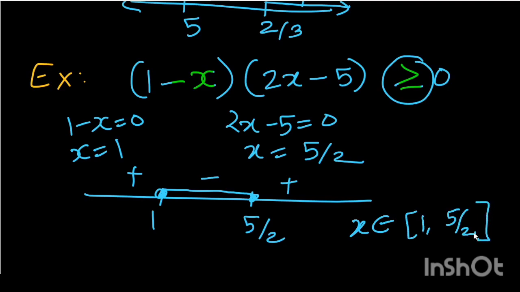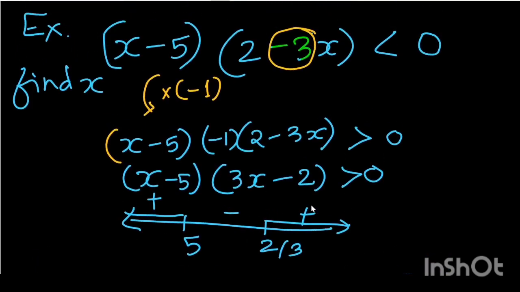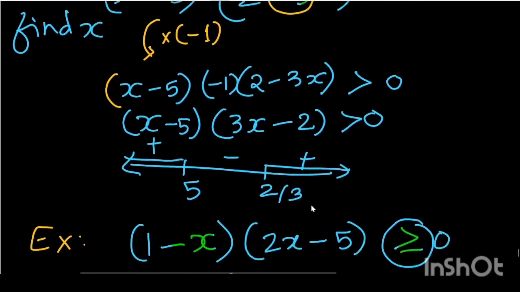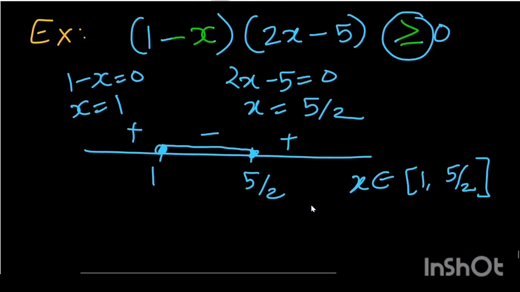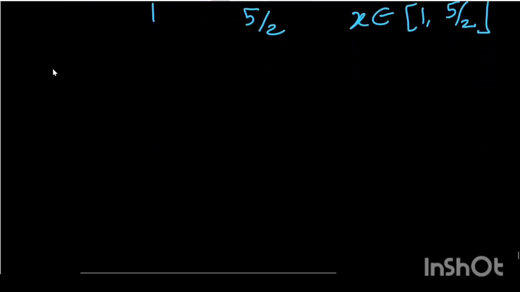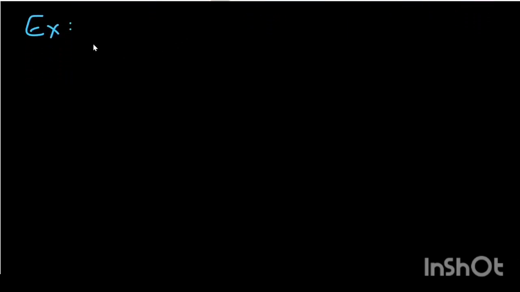You will get the same when you multiply by minus 1. If you follow the same concept in the earlier example, (x minus 5)(2 minus 3x) less than 0, multiplying by minus 1 gives the same result. So once you have understood, there is no need to multiply by minus 1; simply take the reverse sign answer as the final answer. Now what if both the coefficients are negative, guys? For example, if I take